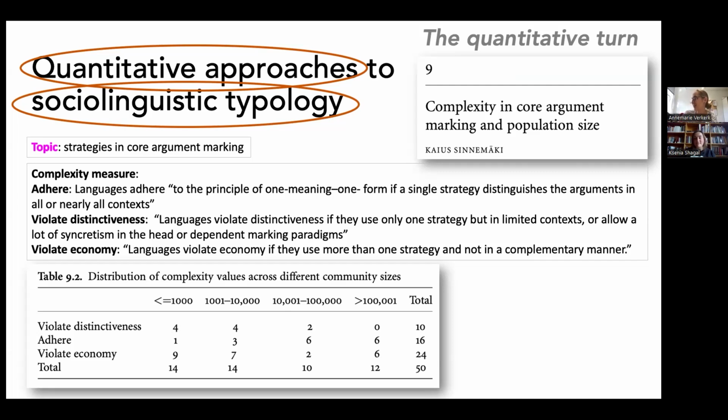So I'm just going to tell you guys what these are. We are talking here about verbal inflection or agreement or indexing or flagging or whatever you want to call it, where you're marking, for example, person and number on the verb. We can do word order, we can do case marking. These are all core strategies to mark in our sentences what argument is doing what.